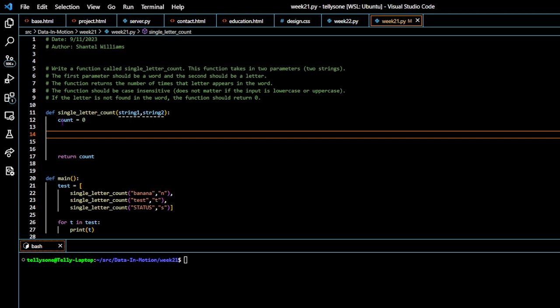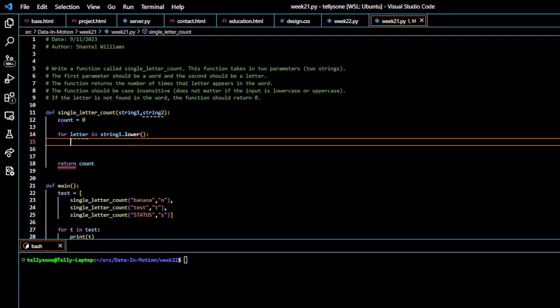So let's get started on the letter. We're going to do a for loop, and we're going to loop through the first string, which will be the word. So we'll say for letter in, and you'll notice that it said it doesn't matter the case of the word. So what we'll do is set everything to lower, and that way it won't be an issue if one of the letters is uppercase in the word. So we'll say in string 1, we'll just use the dot lower method to set everything to lowercase,